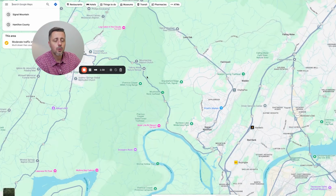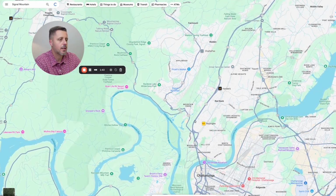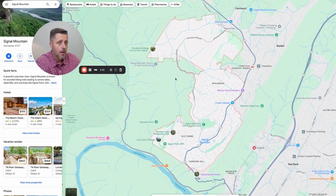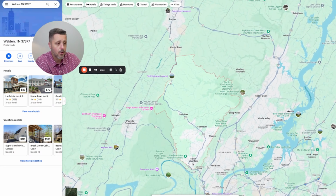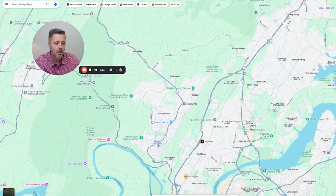So let's get to Signal Mountain. If we look at Signal Mountain, it's kind of north-ish of downtown. So if we click on Signal Mountain, I don't know if the original Signal Mountain is a good way to put it, but this is Signal Mountain city limits. What has happened is that this is the zip code for Signal Mountain. So Walden and Fairmount and other places have been incorporated into Signal Mountain. So what that means for you is that if you're looking to live in Signal Mountain, yes, obviously you have Signal Mountain proper, but now Walden and Fairmount have been added to Signal Mountain. So it's a little bit further out, a little bit towards the back of Signal Mountain, but it still has